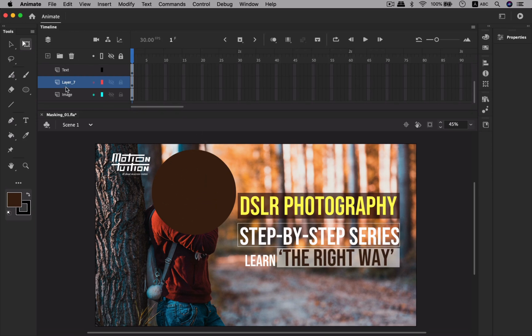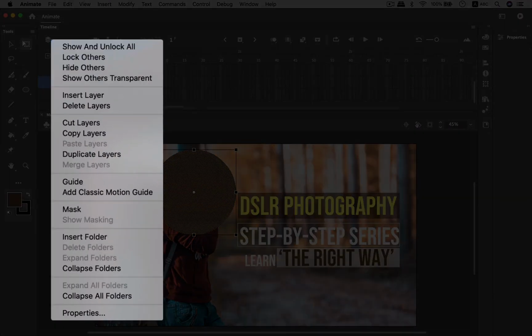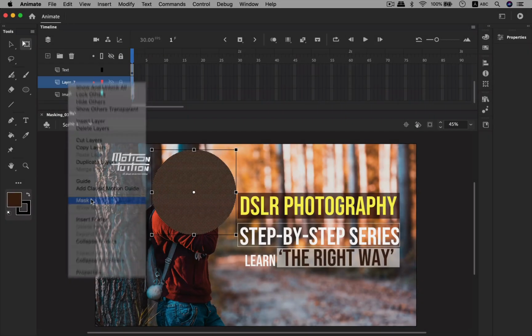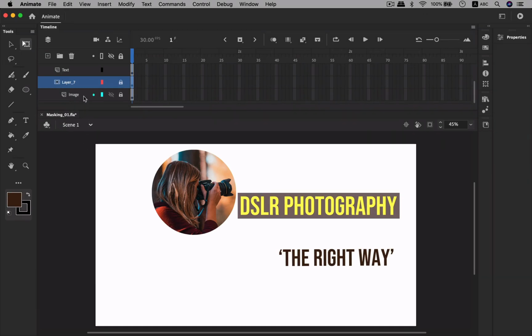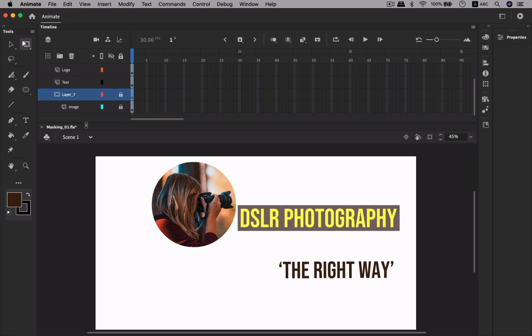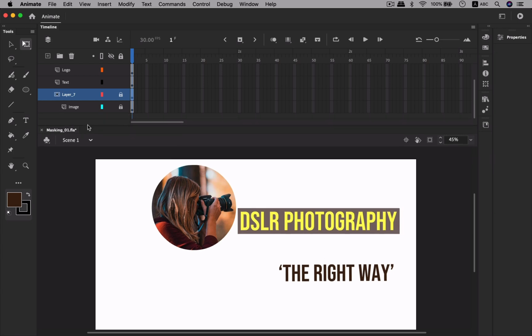And as soon as I come here on top and I right click and I say mask, what would happen is instantly only the area that was covered under that circle starts showing through, and the rest of the area gets hidden, right? And you might ask, okay, but what about this part? This is not hidden. Well, that's because if you look carefully here, only the image layer is inset below the